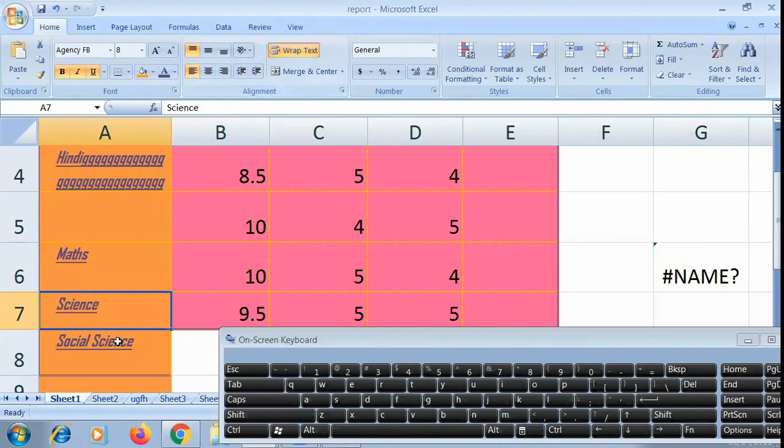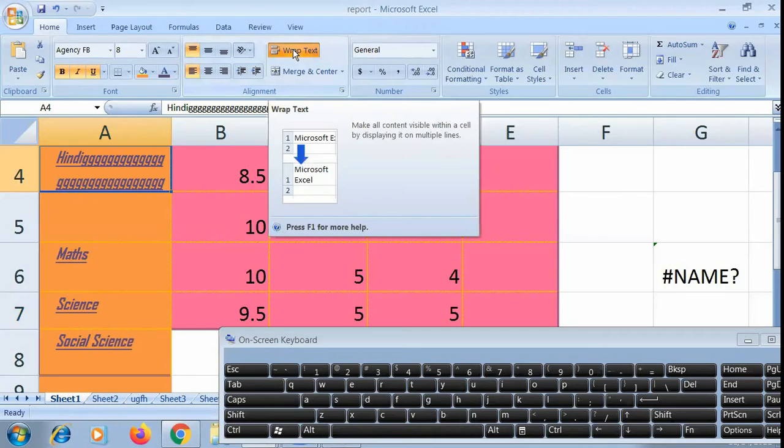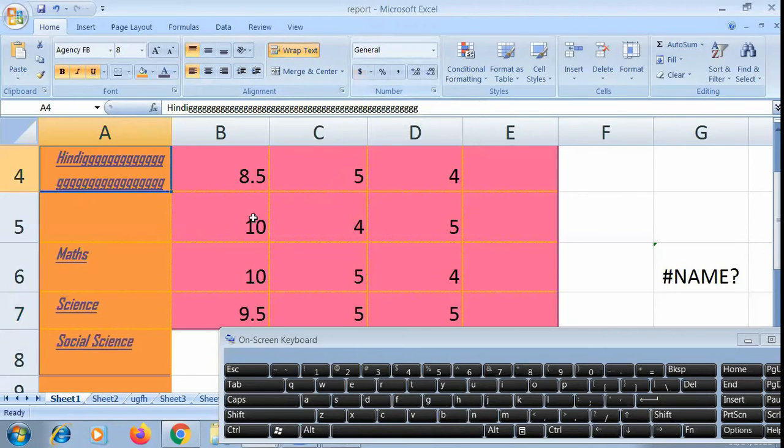Here text wrapping will not work because there is little text. Sometimes we write the name of the student or marks scored in different subjects, so the text reaches out from the boundary of the cell. To adjust them, we need to use text wrapping. Text wrapping is used to adjust the text in the next line of the same cell.